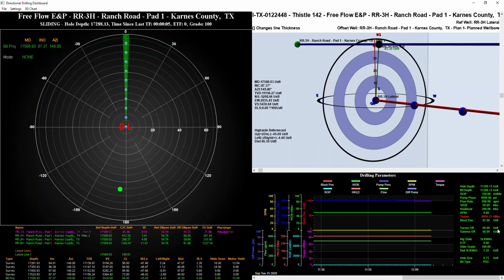And over on the bottom right hand side we have some additional information regarding where we are in the hole: depth, bit depth, ROP, pump pressure, flow rate, hook load, block position, survey offset, what is our current rig state, so are we sliding, are we rotating, are we tripping out of hole,